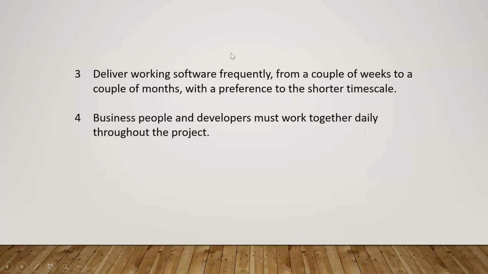I will take an example. Say you, Yogesh, and some other guy are both working. If I say, please solve this problem, I have some problem with my mobile, and I come to you and say please try to solve this problem, and you say I will take half an hour, and another guy says I will take 1 day. To whom will I go? Preferably I will go to you, right? Because you are committed to delivery within a short span of time. So that's why we should give preference to the shorter time cycle.